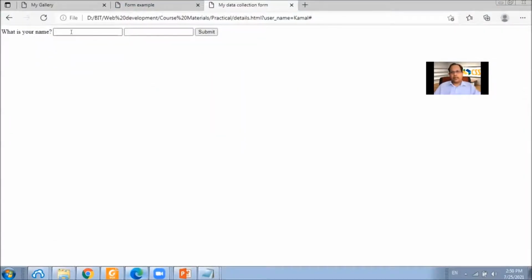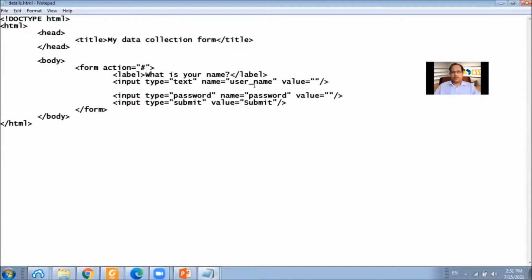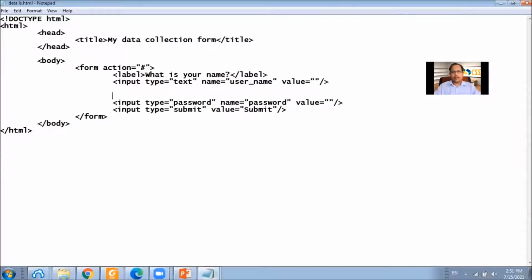But again, we might need to introduce another label, otherwise the user will not know what to enter in these input boxes. So let's open this form again and introduce another label, password.